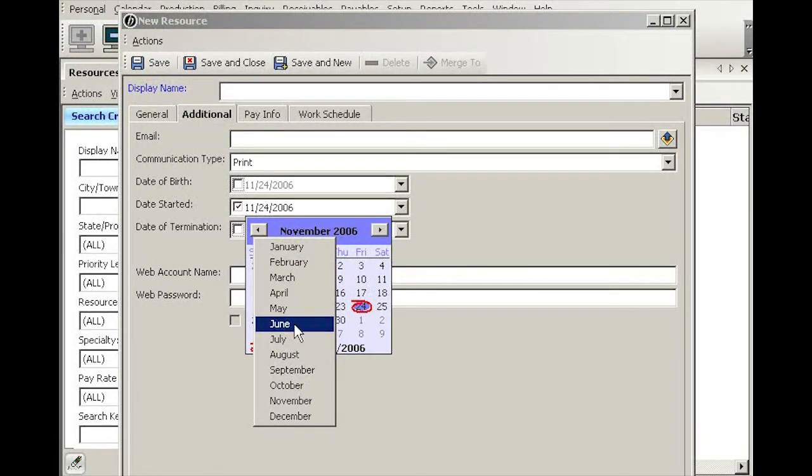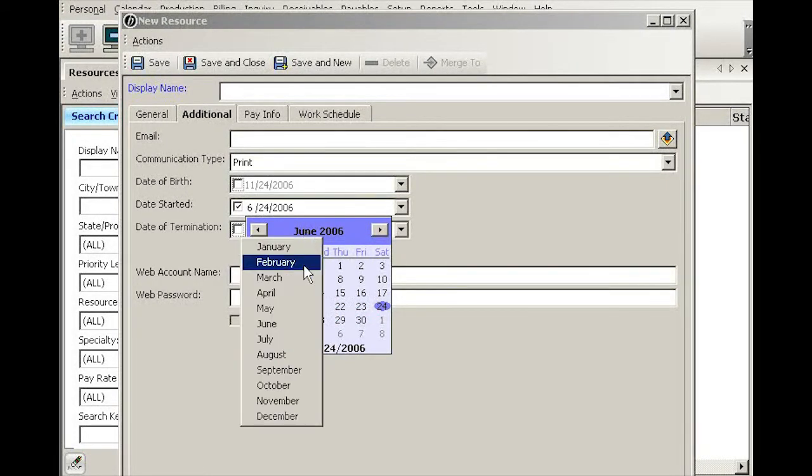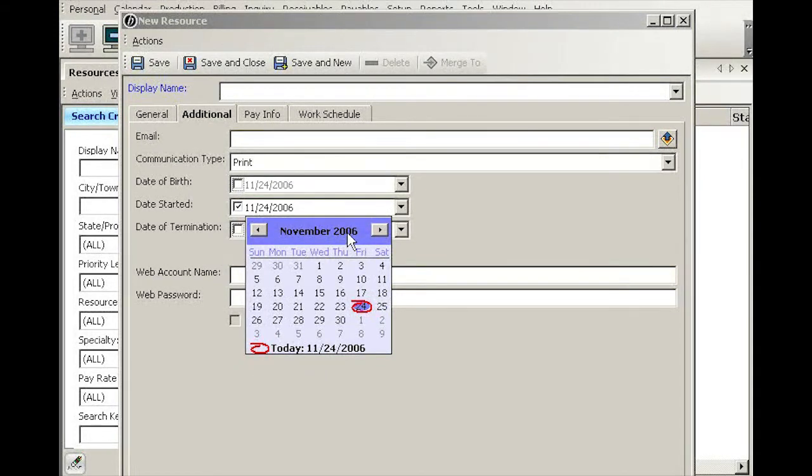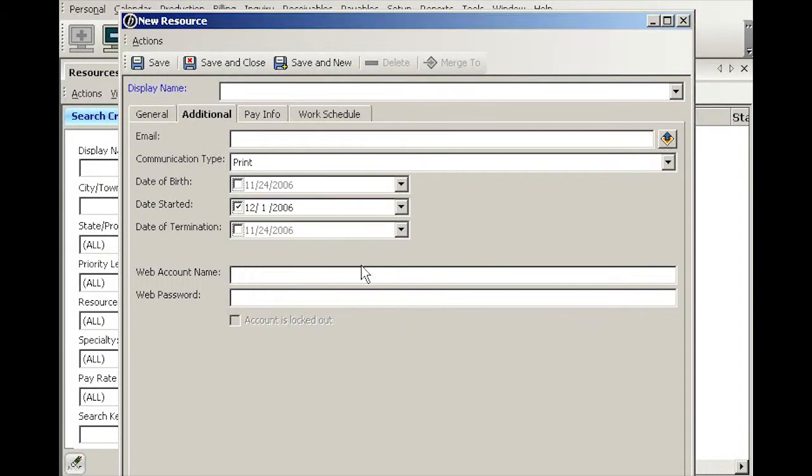I can actually also click on the year itself, and then it gives me up and down arrows, which I can cycle through the years. The date that is circled in red indicates it is today's date, and so all you have to do is simply, let's say I'm going to select December 1 as a starting date. But sometimes, though, you need a date to specify a date of birth. Unless this reporter was born this year,